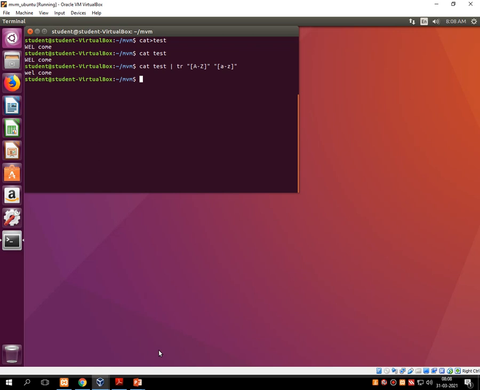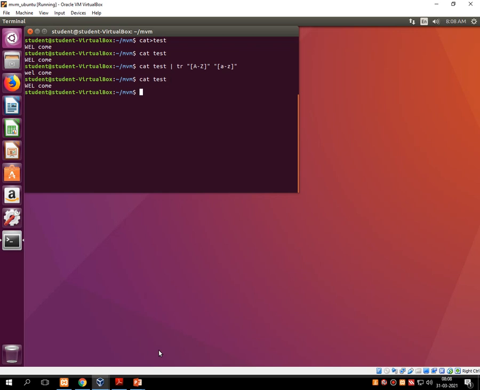Press enter. What it does is convert all the capital characters into small case, and it printed welcome onto the screen. So there is a case conversion from uppercase to lowercase.